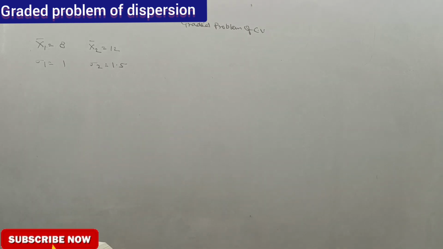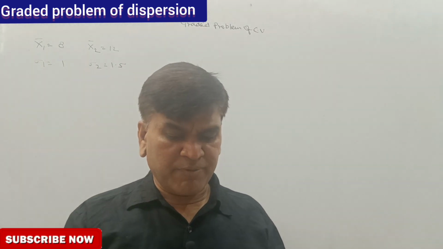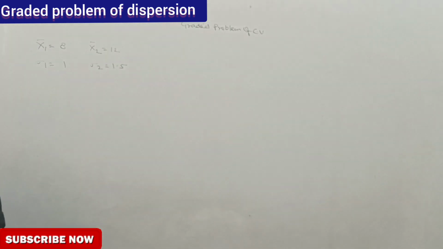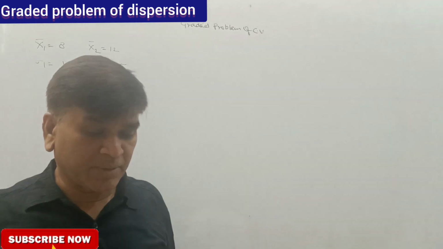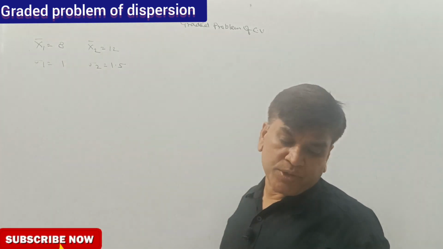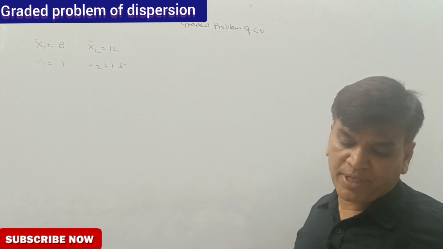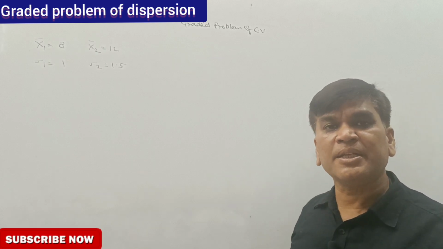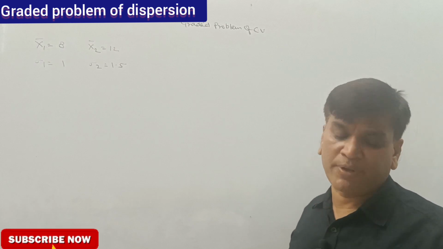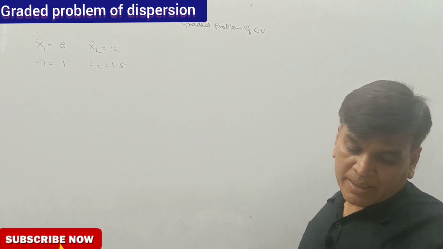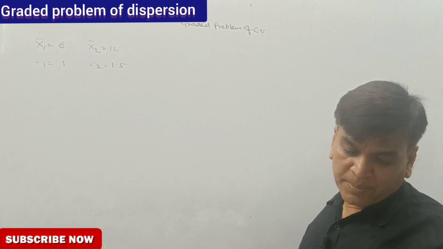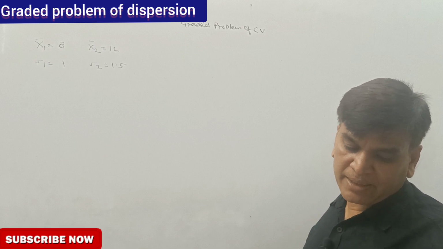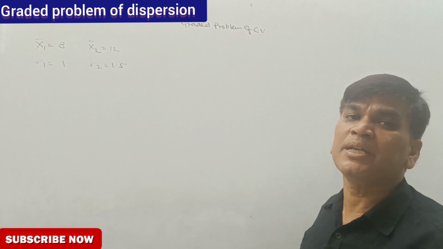After settlement, did the wage become higher or more uniform? You are to comment whether the wage became higher or not, more variable or not, we are to calculate. I am repeating the question. After settlement, the average wage of the factory increased from 8 rupees to 12 rupees, and the standard deviation increased from 1 rupee to 1.5 rupees. Comment: after the wage has become higher, is there more uniformity or not?